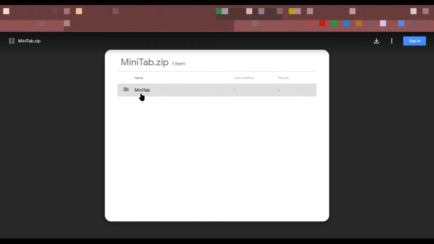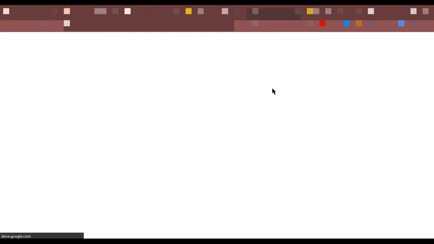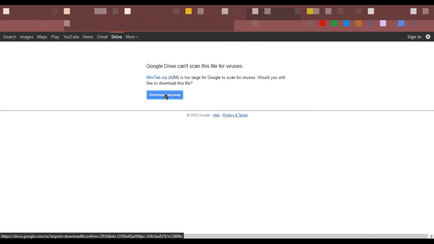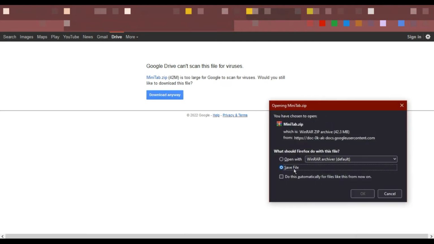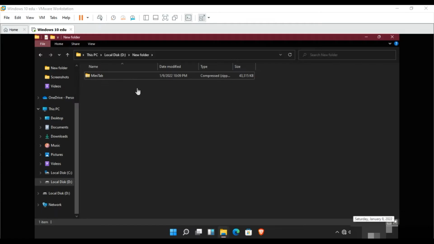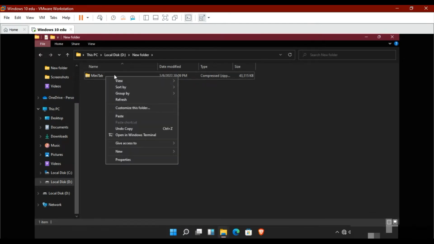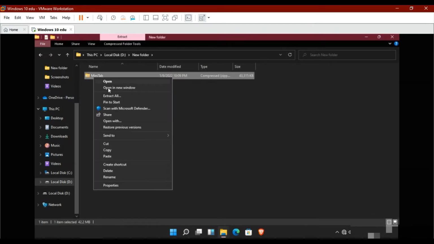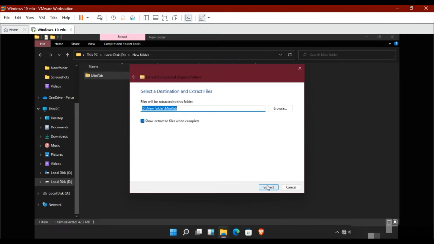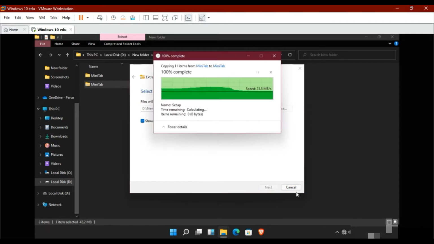You need to go to the given link. After that you can download this Minitab folder, download anyway. Now save this file in your downloads. After the downloading, extract this file: right click on it and extract all, extract to your desired folder, then open